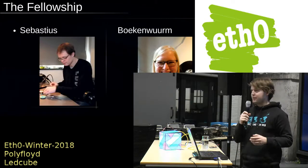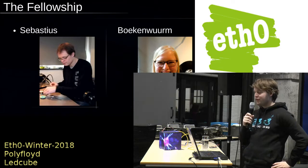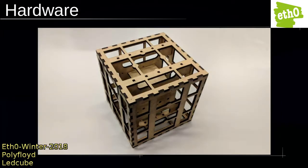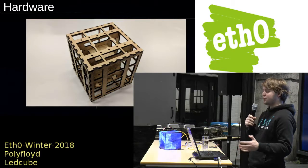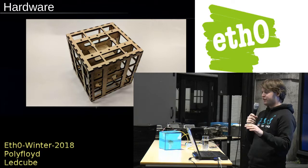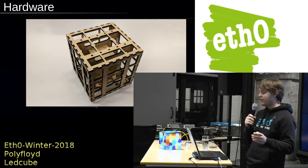And I found some other people that also wanted to join in. So we currently have a fellowship of the cube, consisting of 3 people. That's me, Sebastius from Revelation Space, and Book and Worm from Hackalot. And us 3 are currently building cubes of our own. So it's a hardware project, but still, I'm not really involved in the hardware. Sebastius really likes working with hardware, so I just let him do his thing. And I'm more on the software side,